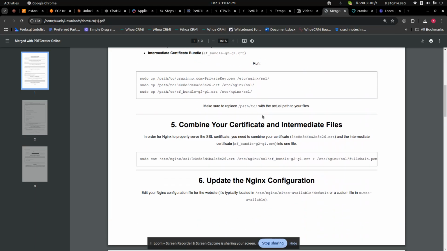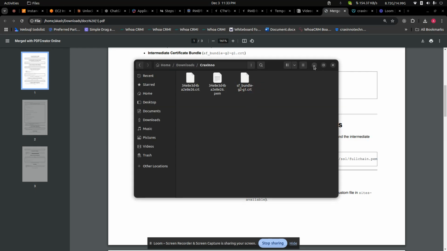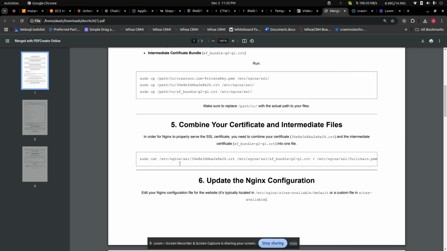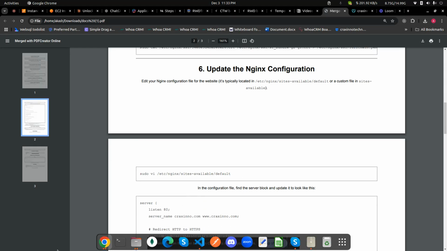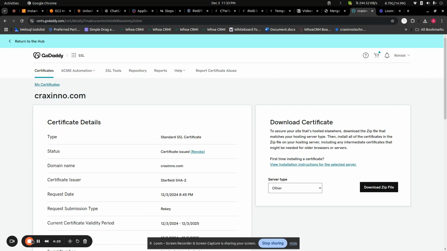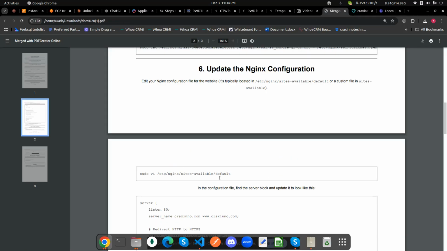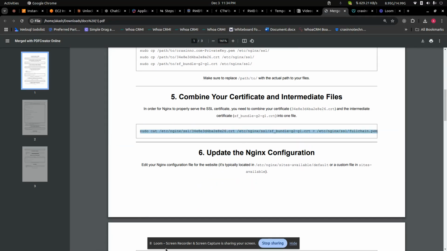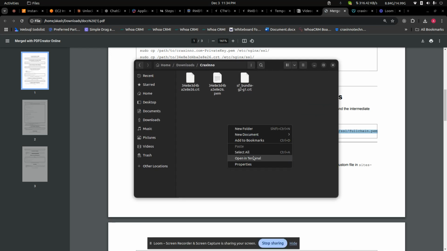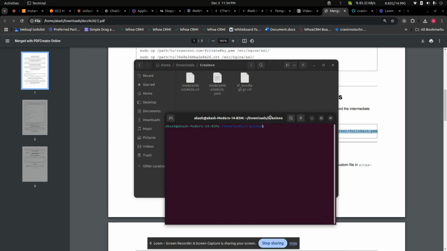Once that is done, we have to combine two of these files and create a single bundled chained file, as we say. So let me show how that looks. Just copy this one and open the terminal